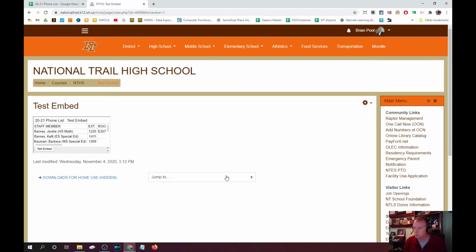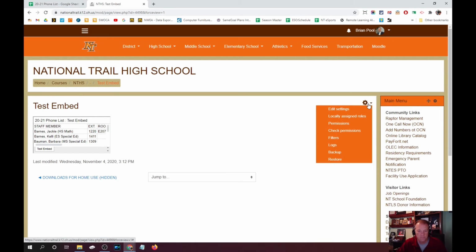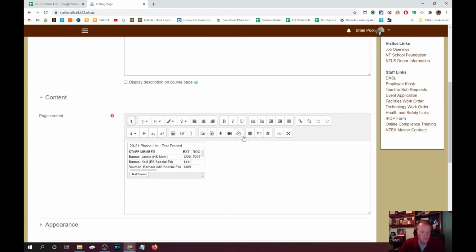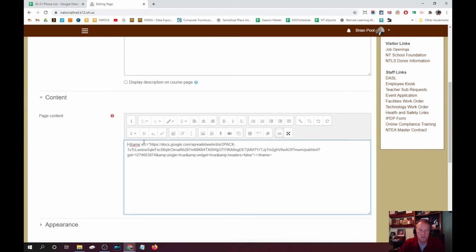It looks poor, because I don't know why it makes it this little area on here, and I'm going to show you how to fix that. So I'm going to edit settings. I'm going to go back here to the HTML, and I'm going to change the width. So right after this iframe statement, I can say width equals 100%, which means the total width of the page it's going to use. And I'm going to also make it a height,